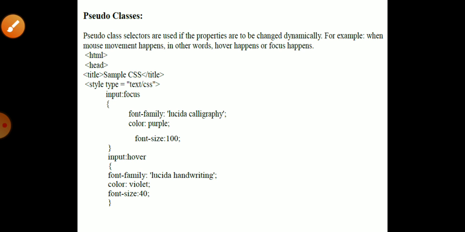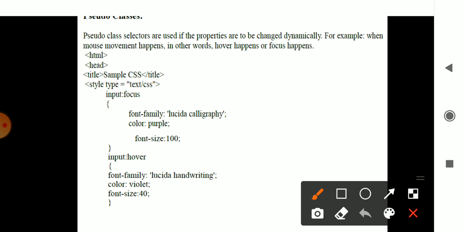Whichever selector, you can check out the same font. It is using the same font style, and it is using the same color which is given there. So it is called the universal selector. Okay, the next part is called pseudo class. Pseudo classes in web programming are used to do some dynamic changes within the document.